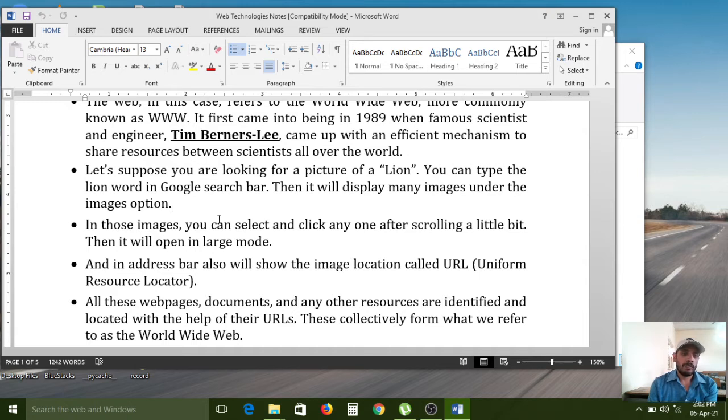Nowadays, web applications are playing a very important role. If you want to know any information, or if you want to register on any website, first you need to open Google Chrome and open a search engine like Google. Then whatever information you need, you have to type those keywords in the search bar. If the information is available on the web, it will be presented on the screen. Otherwise, it will not show.